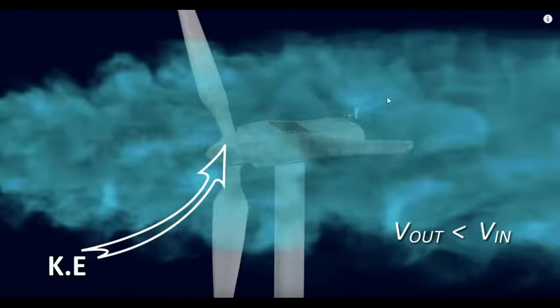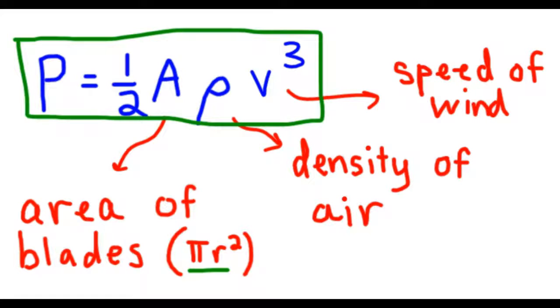The wind cannot give all of its kinetic energy to the turbine, because if it did, it would just stop in its tracks, and no more air could pass through. So the wind has to keep moving so that more air can flow. Therefore, it cannot give all of its kinetic energy away. The air has to retain some of its kinetic energy. And as a result, this power that the air carries cannot all be transferred to the wind turbine,